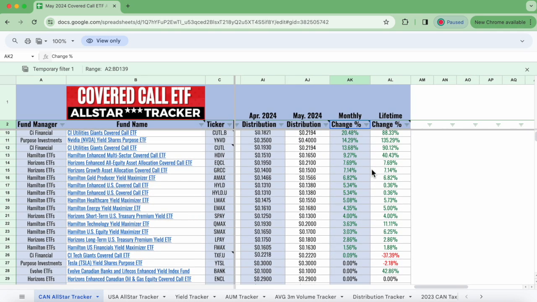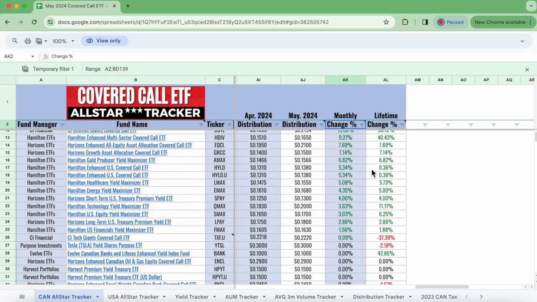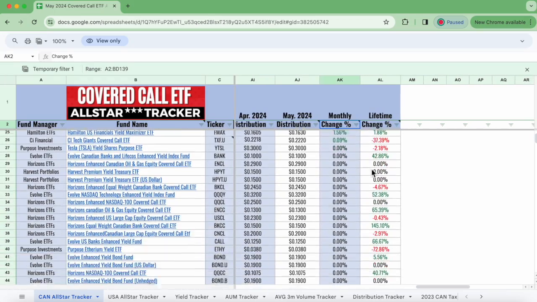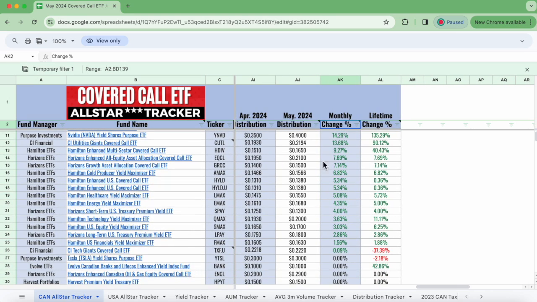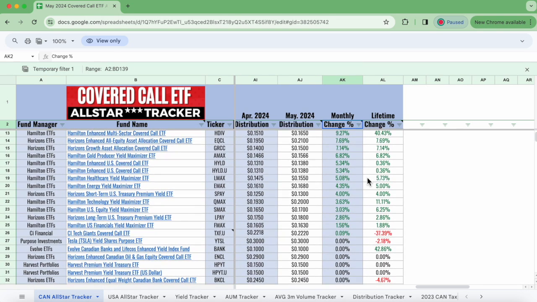And of course, we see some changes here month over month, and then going down the list. Let's also not forget, we can't forget, also by Horizon, EQCL and GRCC with a 7.69% raise and a 7.14% raise. So great to see that from